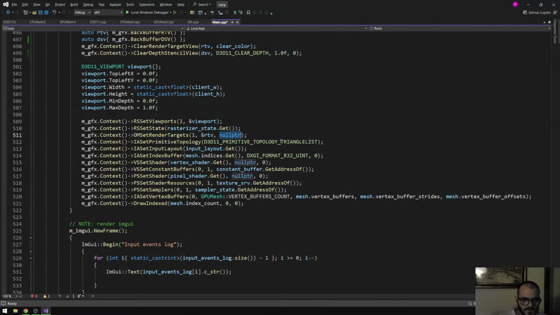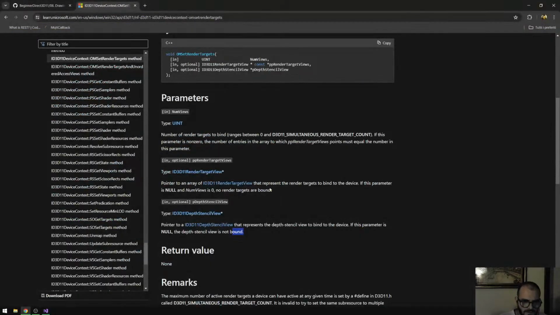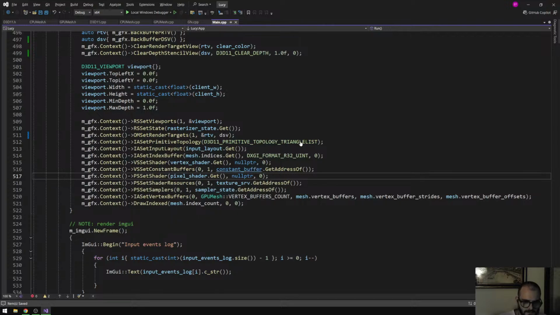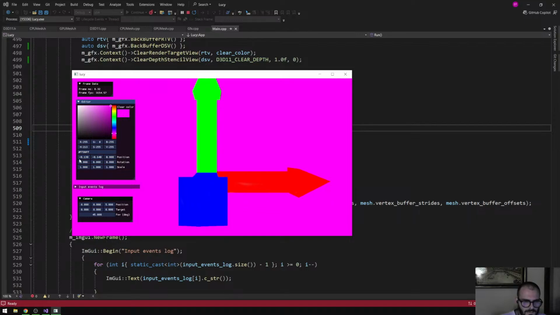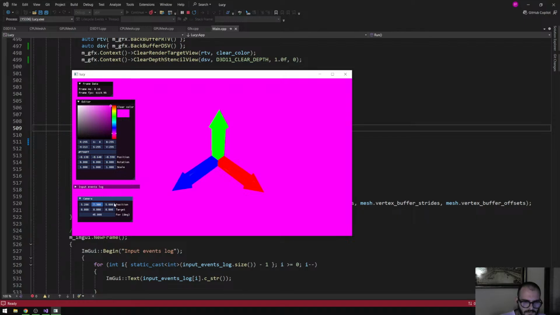So that is that we pass the depth stencil view as it is. Now, I don't remember whether or not we need to configure the depth stencil state. Apparently not. Good luck for us, but as of right now,